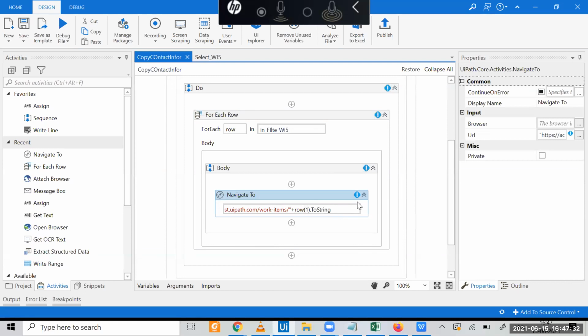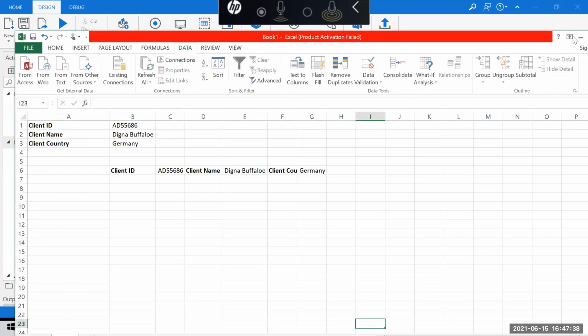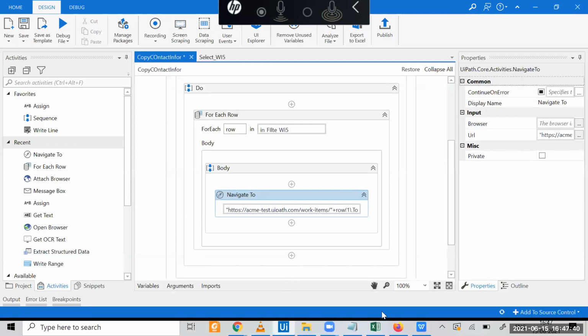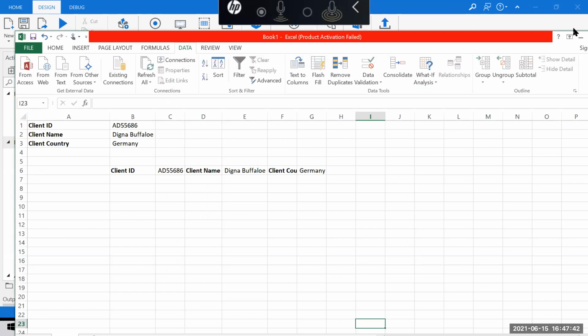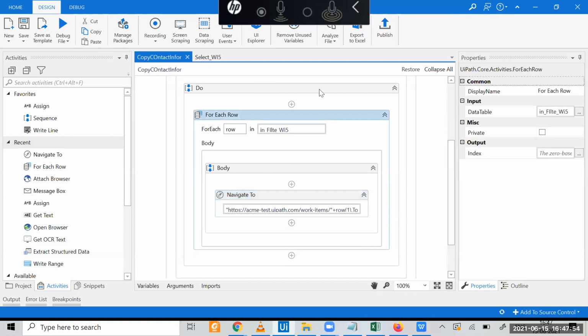This value was numeric. So what will ToString perform? It converts numeric to string, text. I think we have done ToString a thousand times now. Okay, so the error is gone.